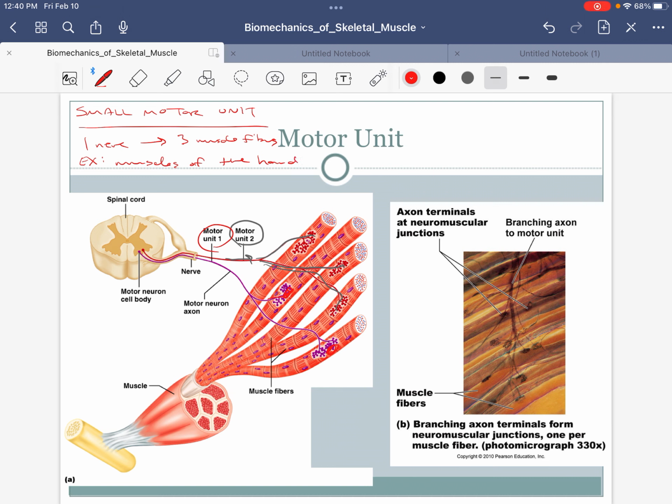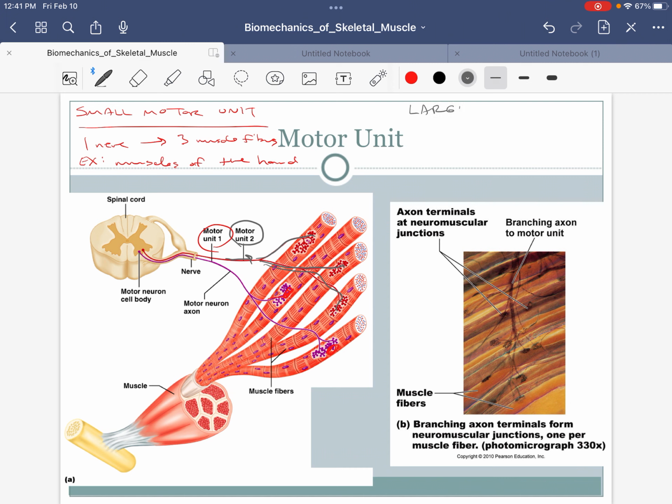In the muscles of the hand, it's usually not overall force that is our biggest concern. Usually we want to have more intricate, complex movement. So I have many, many small muscles with small motor units, and I can contract this one, but not that one. Because of that, I don't have great force overall, but I have a lot of control. I can play the piano. Imagine how many small motor units it takes to contract some muscles, but not others, to move your fingers and hands in all sorts of ways.